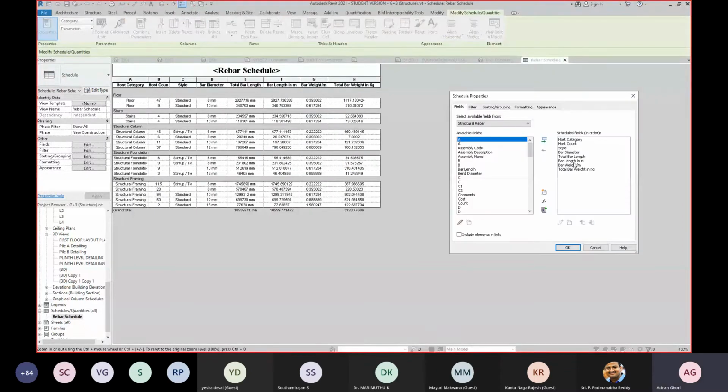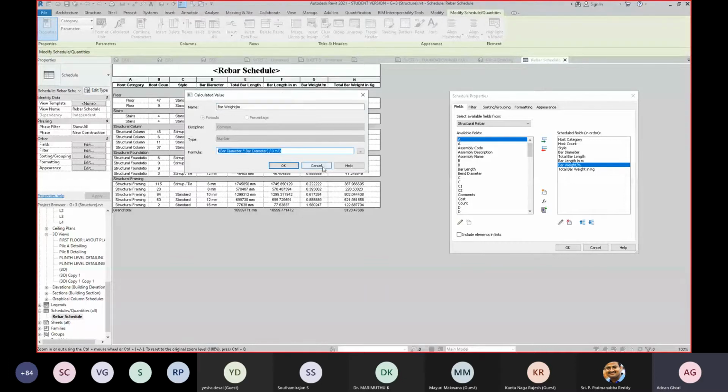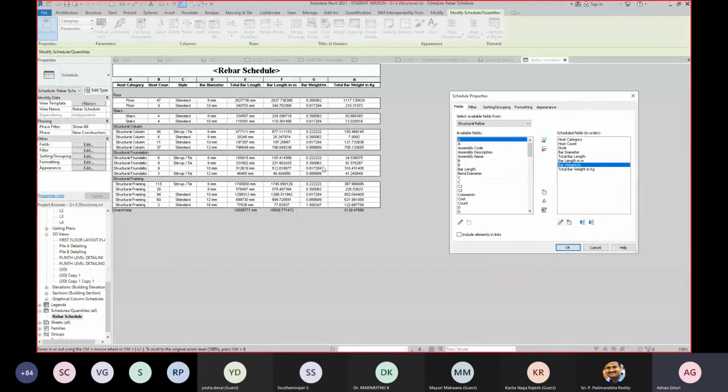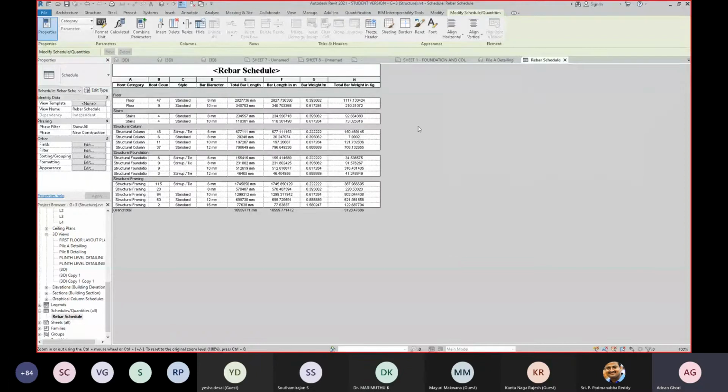Then we have a bar weight per meter. Also for bar weight per meter, you have a formula over here, and for total bar weight in kg, again, you have a formula, right? Now let's actually create a quantity takeoff for one material.